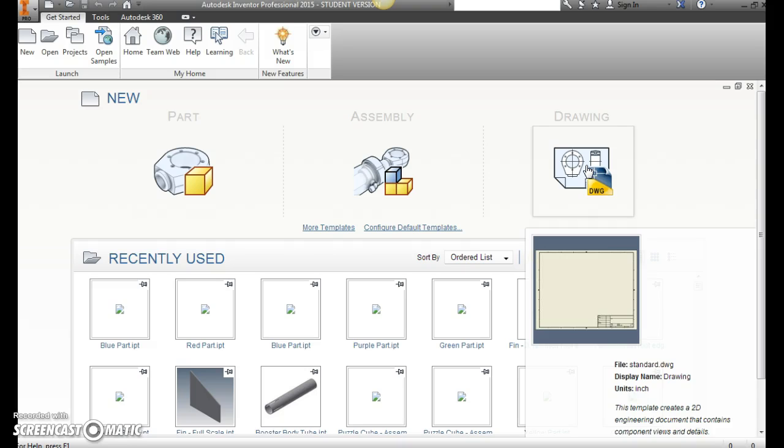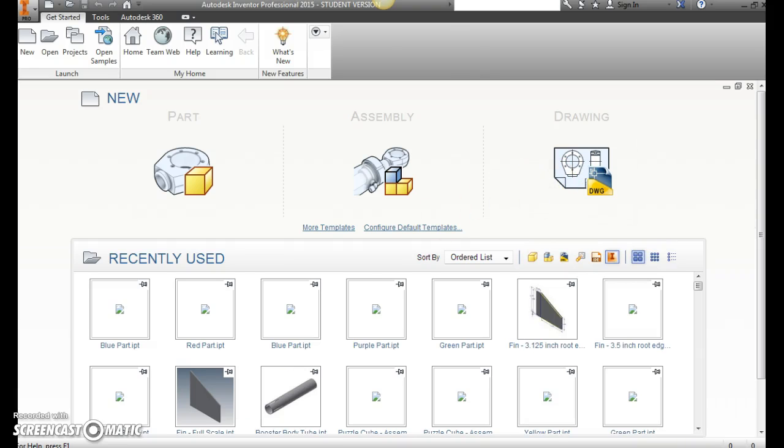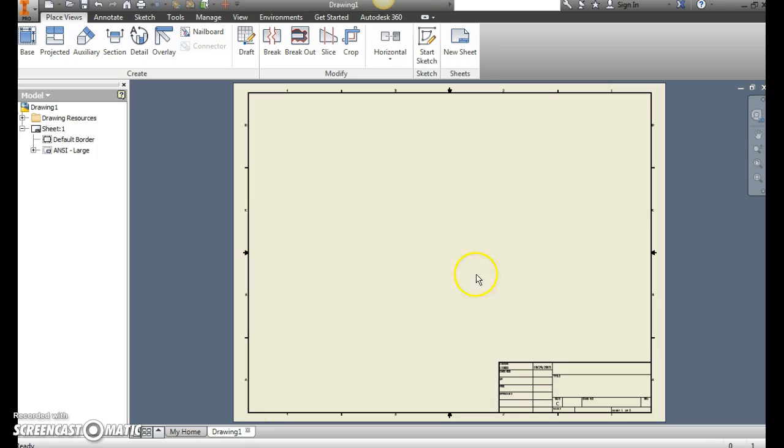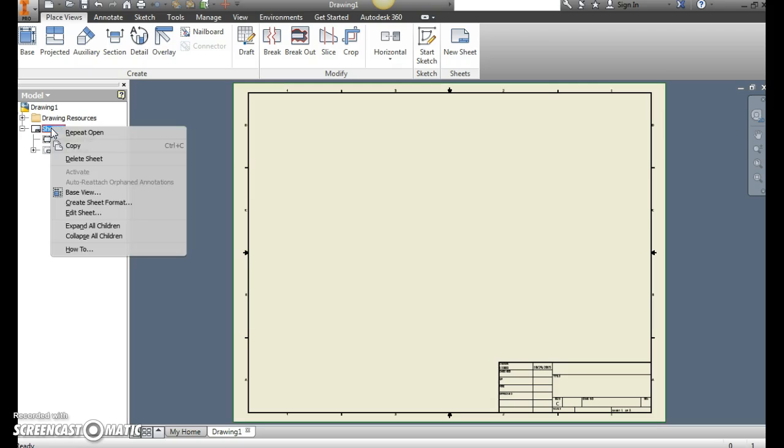So this video is just going to be a quick tutorial on how to change the sheet settings so that it is sized correctly. So the first thing we're going to do once your window pops open is change the size of the paper. So we go up to our model tree or browser, and where it says Sheet 1, we right click, go down to Edit Sheet,